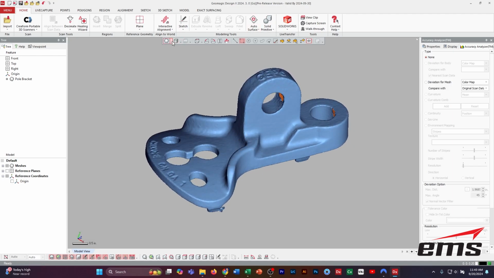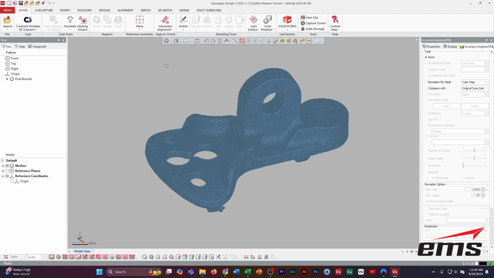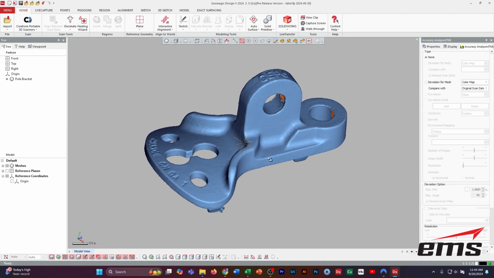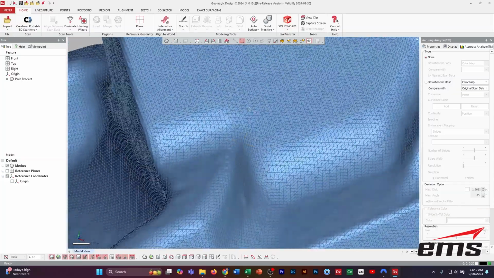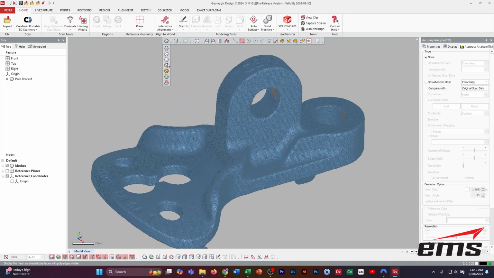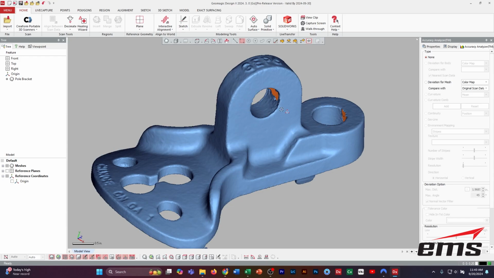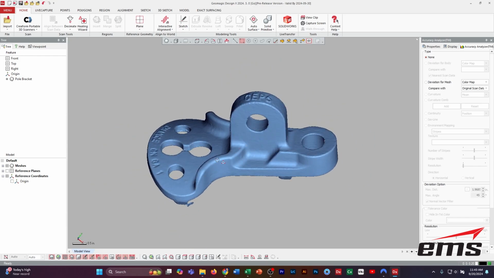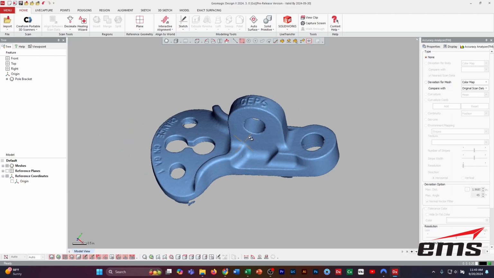Now, let's also talk about what is scan data, okay? Because the misconception many times is scan data is CAD data. So you look at this and say, hey, that looks great. Well, scan data typically cannot be imported into a CAD system and used in any way. It is not a CAD file. It is not ready for manufacturing, okay? It is just a bunch of polygons or points, okay? So if I zoom in and look around, you can see what this is. It's just polys, okay? There's no intelligence here. This is not a plane. This is not a cylinder, et cetera, et cetera. So that's the whole point of Design X, and in this case, Design X Go, is we need to build